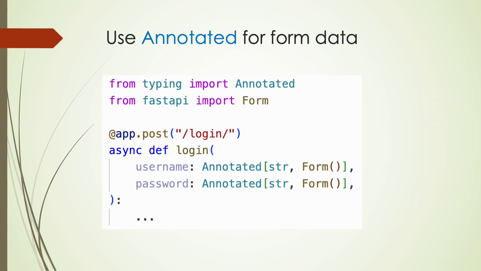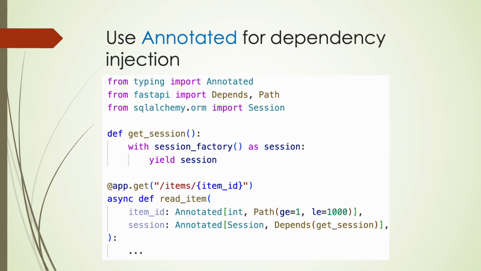For authentication, we should normally receive input from form fields instead of JSON for security concerns, which can be implemented with Annotated and the Form construct in FastAPI. As shown in this example, the username and password are specified in the form fields and are used in the login endpoint for authentication. Finally, let's see how to use Annotated for dependency injection in FastAPI, which can be a